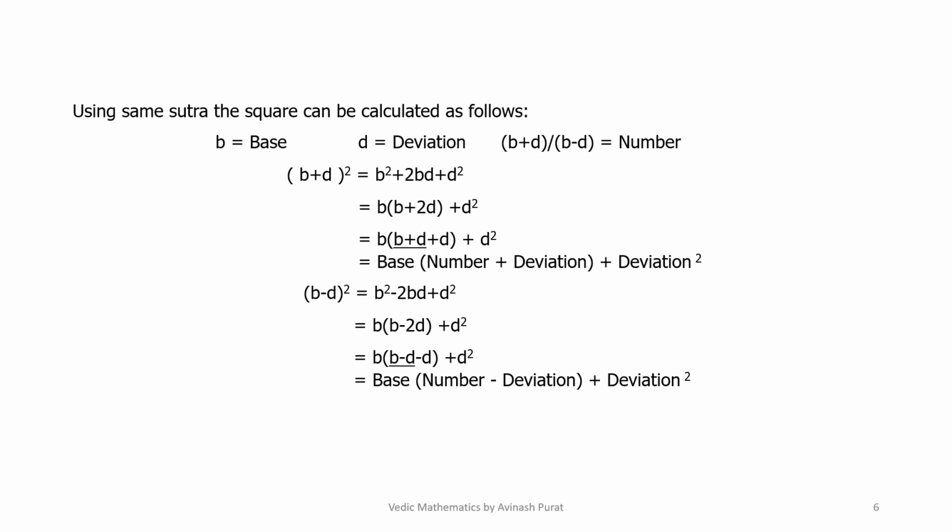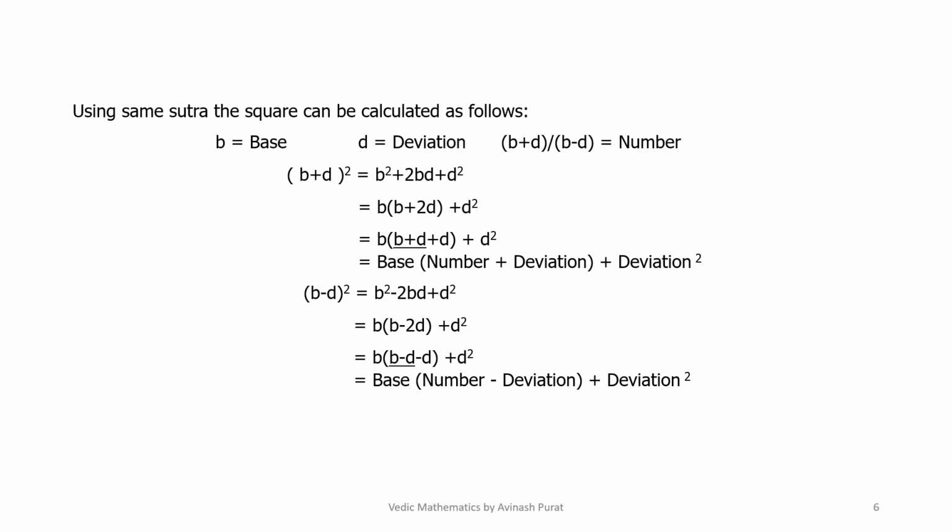B is base and D is deviation. B plus D or B minus D is the number. B plus D square equal to B square plus 2BD plus D square, equal to B into bracket B plus 2D, plus D square, that is equal to B into (B plus D plus D), plus D square, that is equal to base into number plus deviation